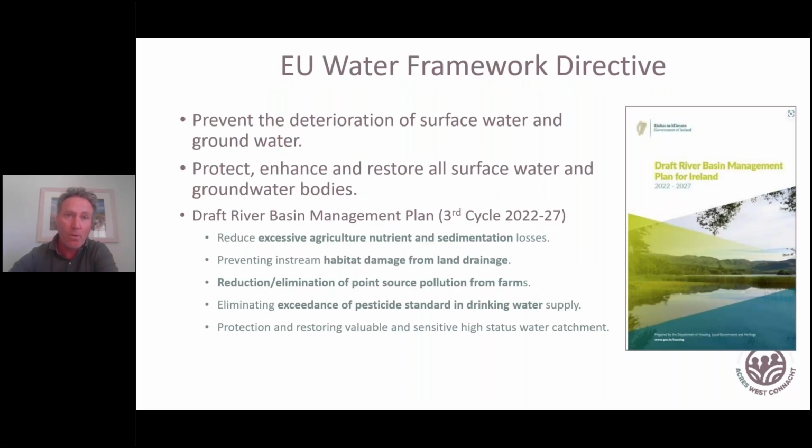The EU Water Framework Directive's objective is to prevent the deterioration of surface water and groundwater. So it's not only about fixing degraded sites, but preventing deterioration of good sites as well. Protect, enhance, and restore all surface water and groundwater bodies. And it's delivered through what's called the River Basin Management Plan, and the third plan has just been adopted in 2022. And within that, the key objectives are to reduce excessive agricultural nutrient and sediment